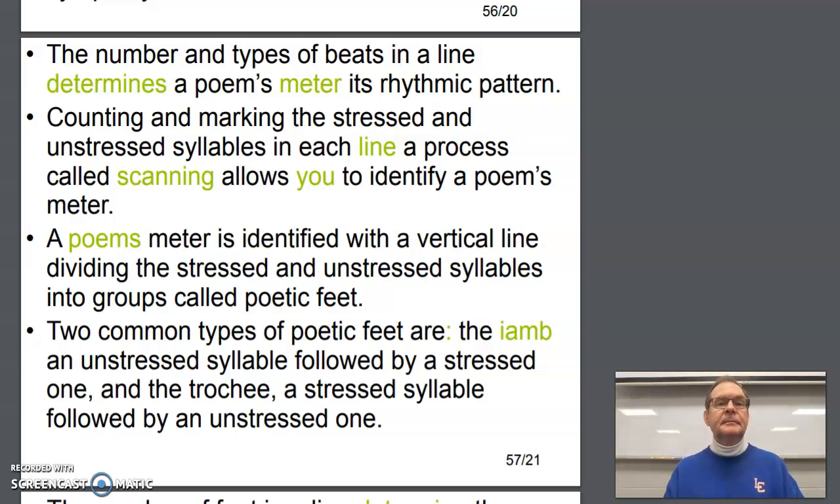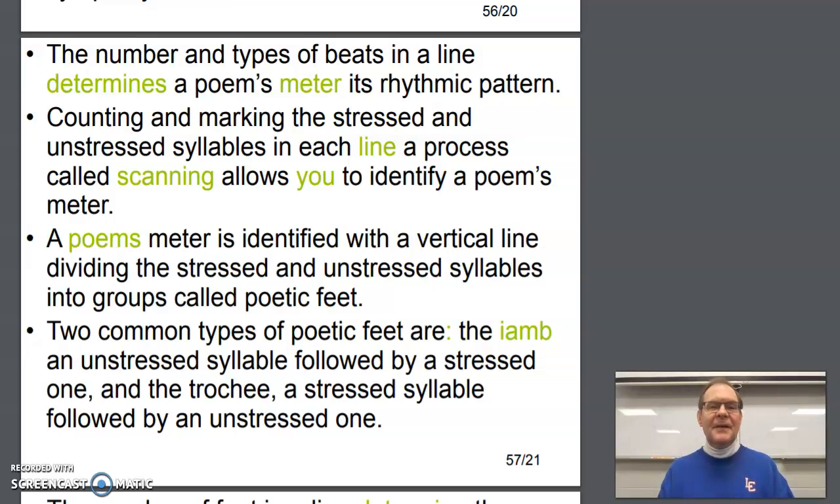Let's get started. The number and types of beats in a line determines a poem's meter, its rhythmic pattern. Number and types. So we have a plurality for our subject. What do they do? They determine. So no S on determine. A poem's meter, comma, its rhythmic pattern. Counting and marking the stressed and unstressed syllables in each line, comma, a process called scanning, comma, allows a reader or a scanner to identify a poem's meter. A poem's meter, P-O-E-M apostrophe S, is identified with a vertical line